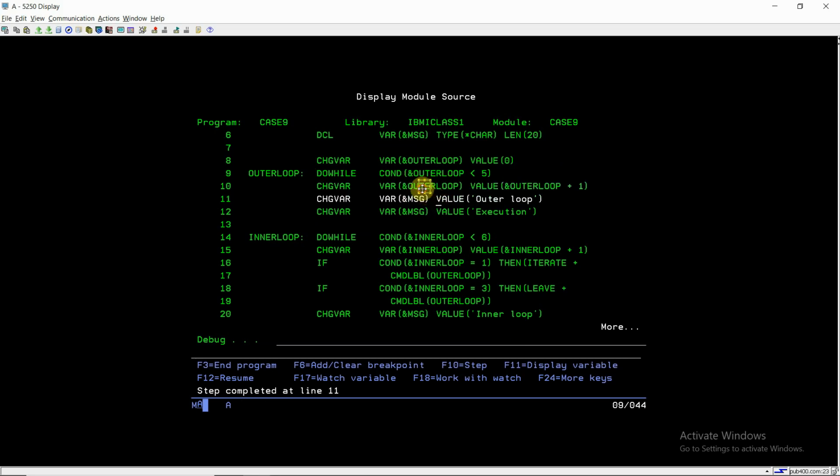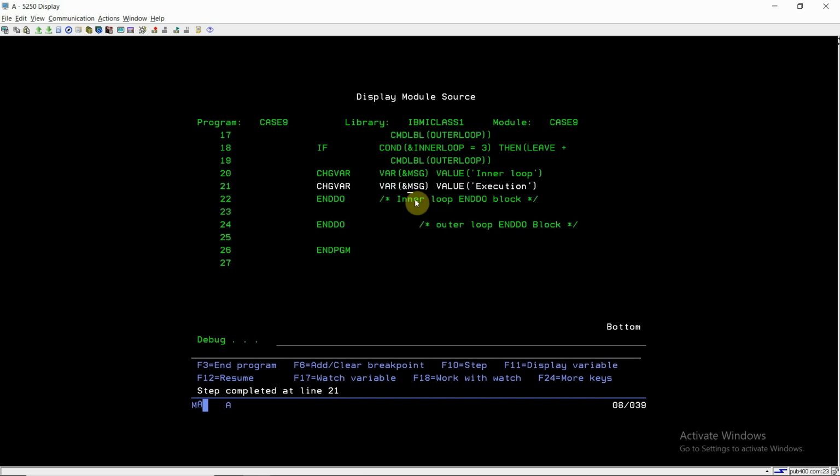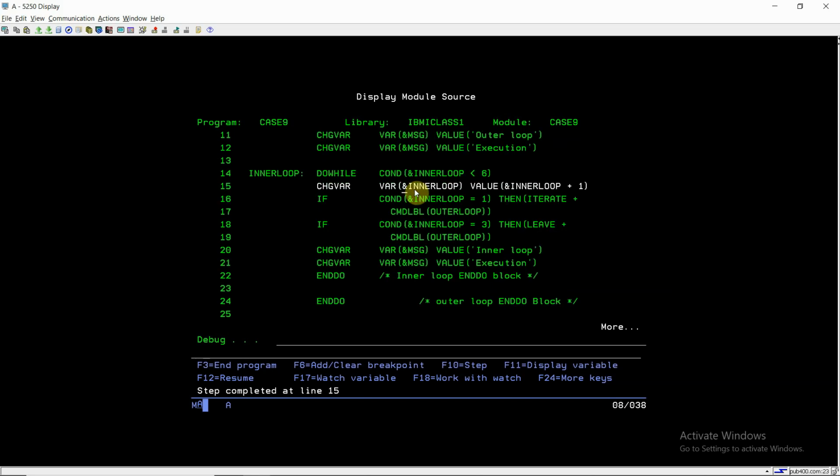Now the outer loop will become 2. For outer loop value 1, the inner loop was skipped for all the values. Now the outer loop becomes 2, the next commands get executed, and the inner loop will become 2 here. Now the inner loop is 2, so this condition isn't true, and it won't iterate or skip to the outer loop. Now if the inner loop equals 3, the condition fails, and it will execute the next commands, the message assignments, and come again inside the inner loop.